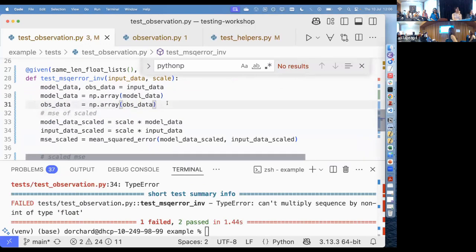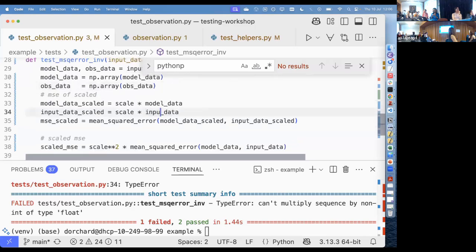Need to do observation data. And then you scale the input data. Oh, sorry, yeah, that's